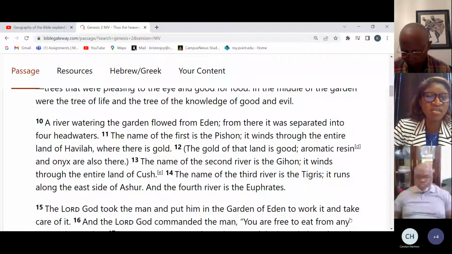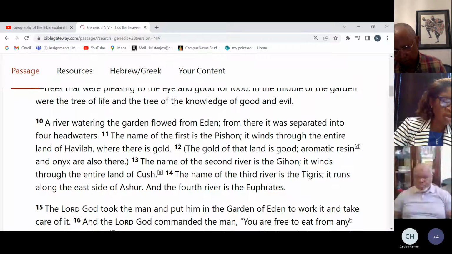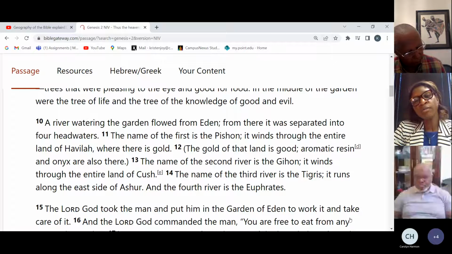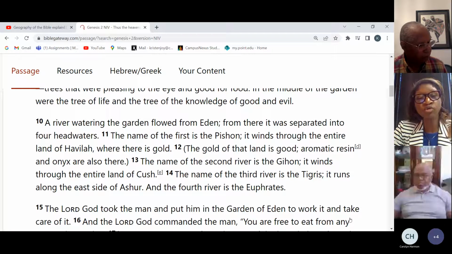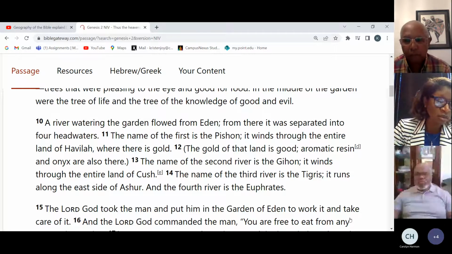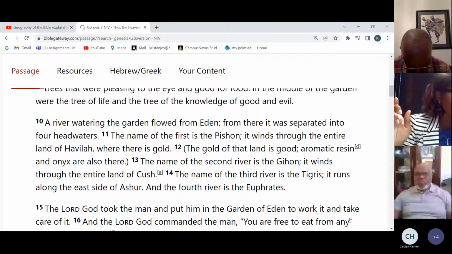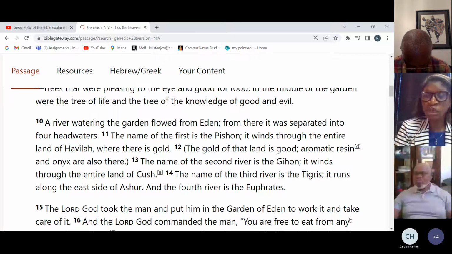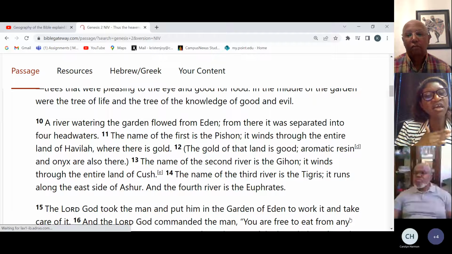Many times you're like, what in the world? Where are these people? I don't even understand. But when you look at these rivers, when you look at these lands, and we were saying earlier, someone said Egypt. Even we keep going back to Egypt. Tell your folks, Egypt is in Africa. Ethiopia is in Africa.